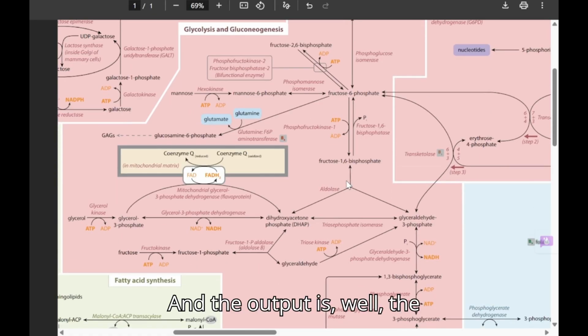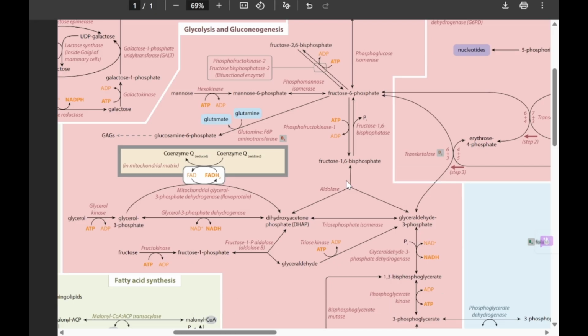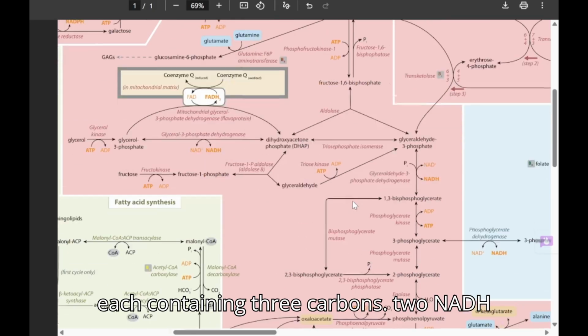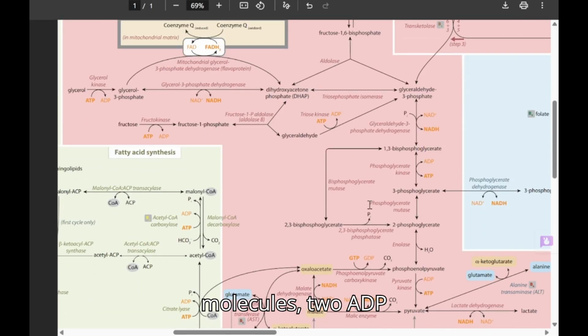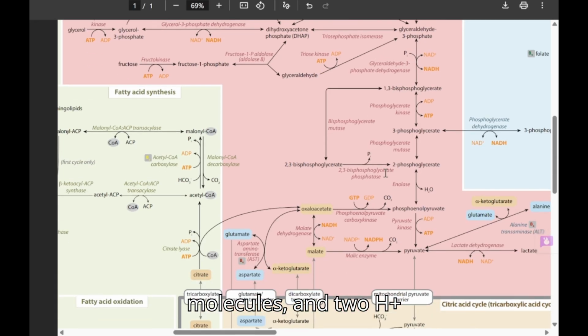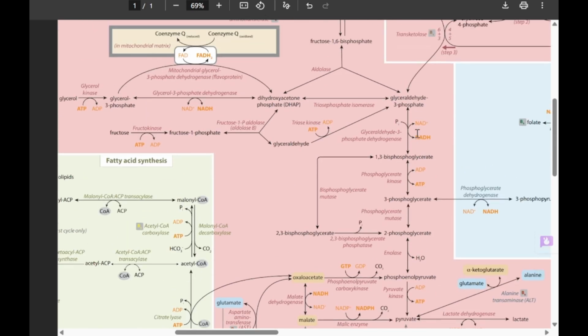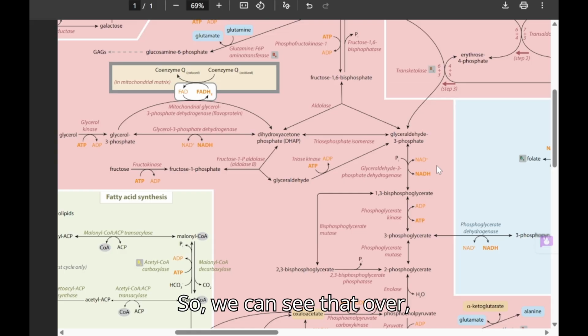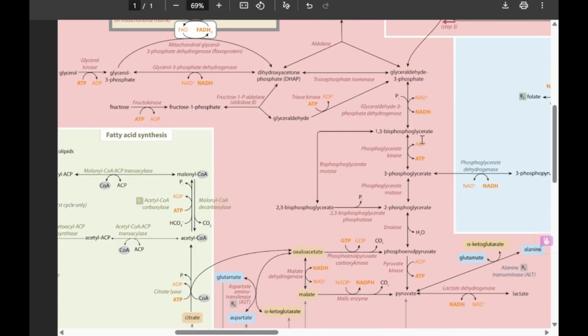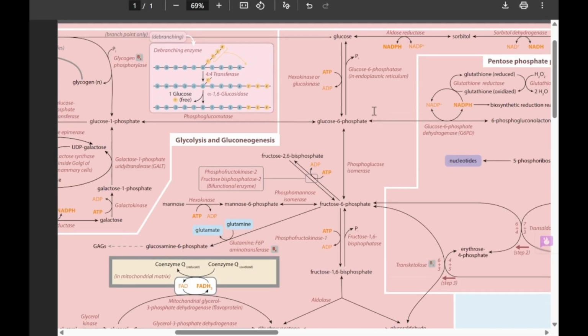And then the net output is 2 pyruvate molecules, each containing 3 carbons, 2 NADH molecules, 2 ATP molecules, 2 water molecules, and 2 H plus ions. So we can see that right over here. And so when we scroll down to the very first step,